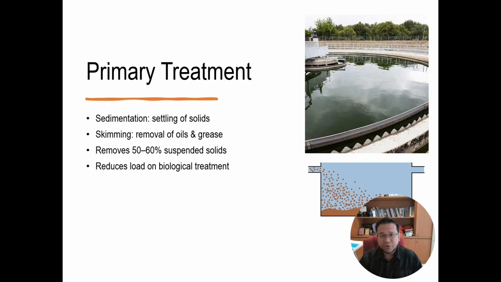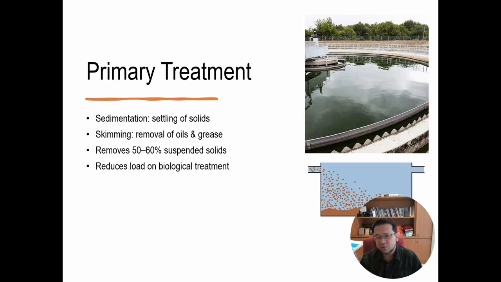Moving to primary treatment. The process here is predominantly physical and relies on gravity. The sewage flows in slowly into large circular or rectangular tanks called primary clarifiers or sedimentation tanks. Here, the remaining suspended organic solids settle to the bottom by gravity to form what we call primary sludge. Simultaneously, lighter materials like oil and grease float to the surface, where they are